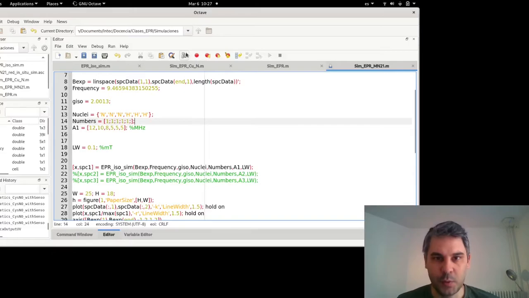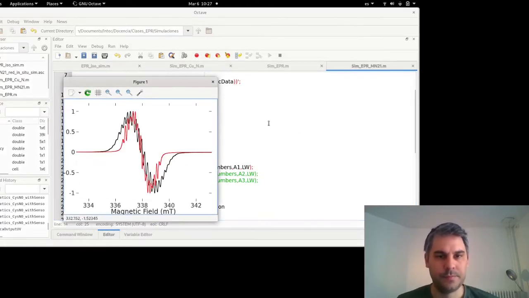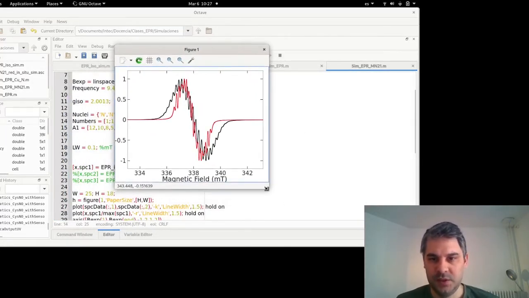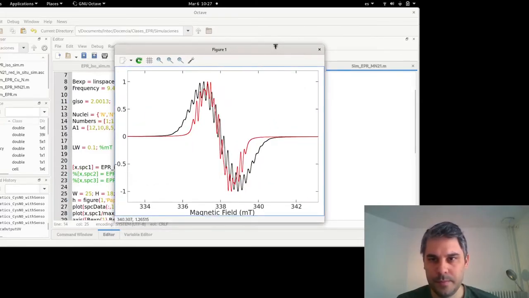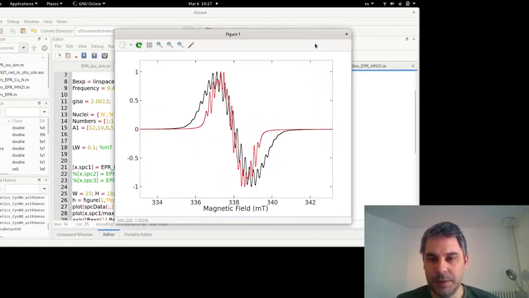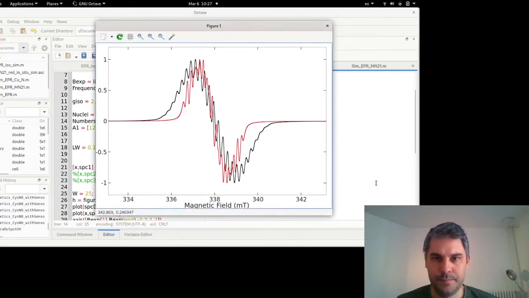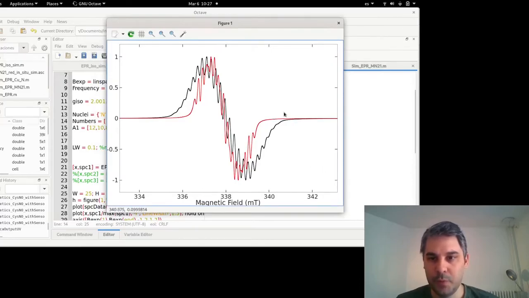So let's see what we get here. I made a mistake. So now we can begin to see that the simulated pattern starts to become more similar to the experimental pattern, but still this is not